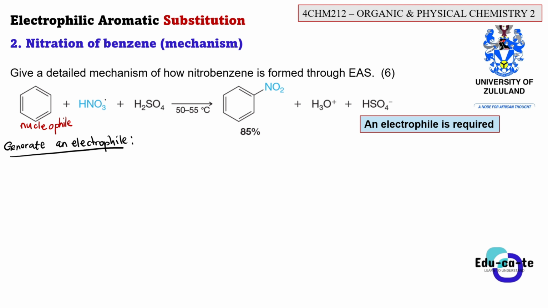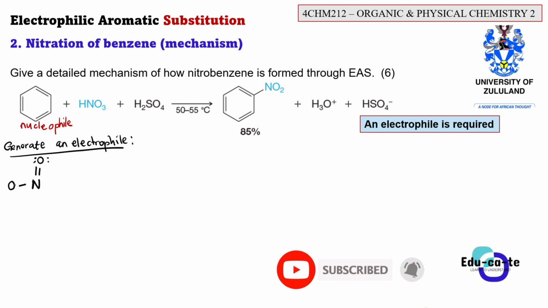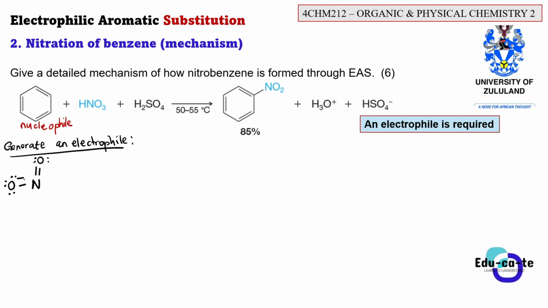Remember, the HNO3, which is the nitric acid, has this Lewis structure. We have a nitrogen here as a central atom. Then we have a double bond to an oxygen having 2 lone pairs of electrons, because oxygen must have eight electrons around it. Then we have another oxygen with a single bond, and this oxygen has three lone pairs of electrons, but it has a negative formal charge.